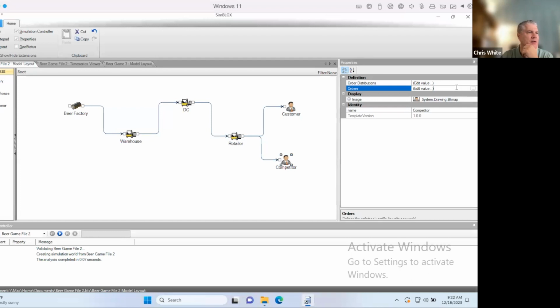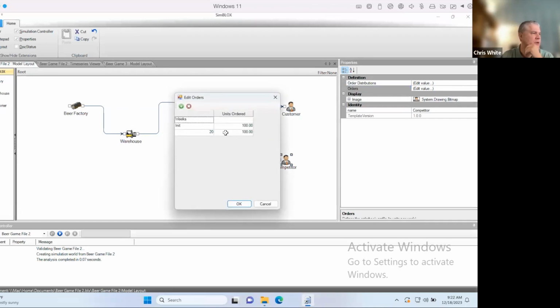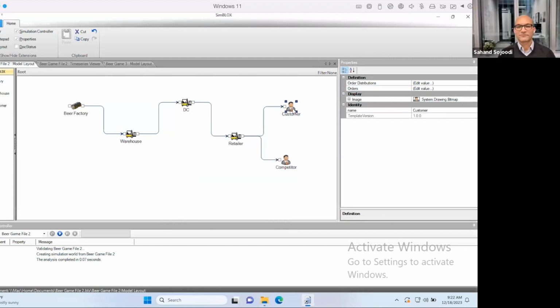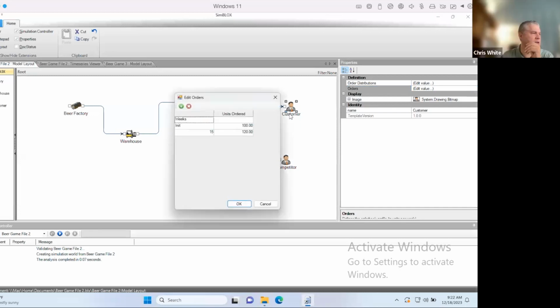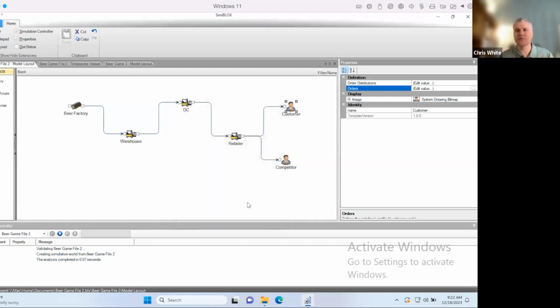And that competitor says, I'm going to jump in, and at week 20, I'm going to double my orders. So let's make an even more obvious situation where we're that customer. We stay at 100. We didn't change a thing. So we're at 100, but a competitor is now connected who doubles orders.